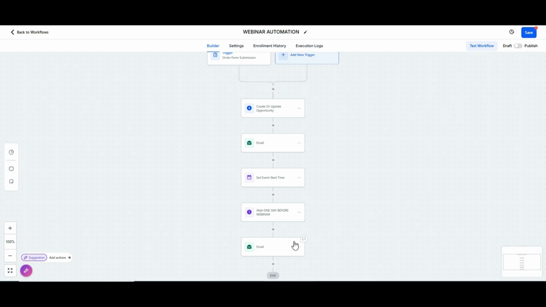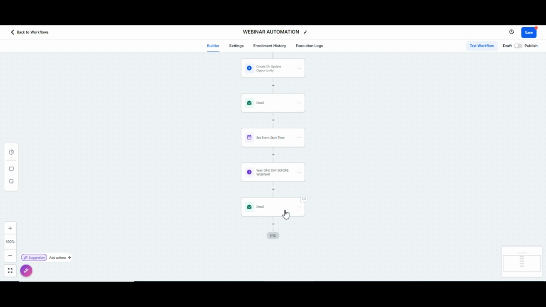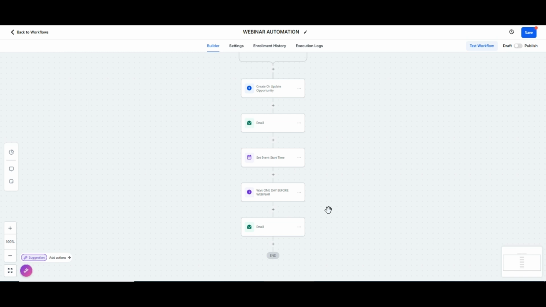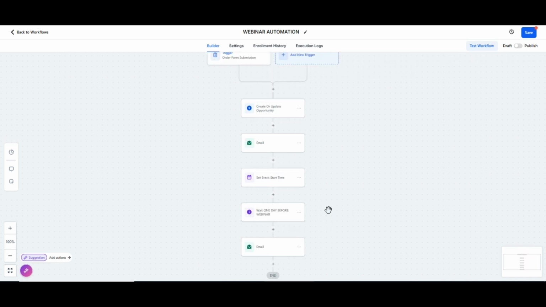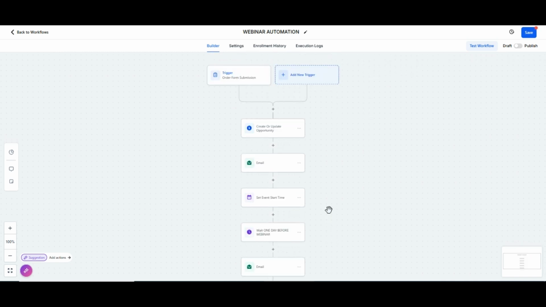Now you can also send internal notification, you can add more actions and customize this workflow if you want. So now you know how to set up the automations for webinar, but if you face any trouble in this process, you can ask me in comment